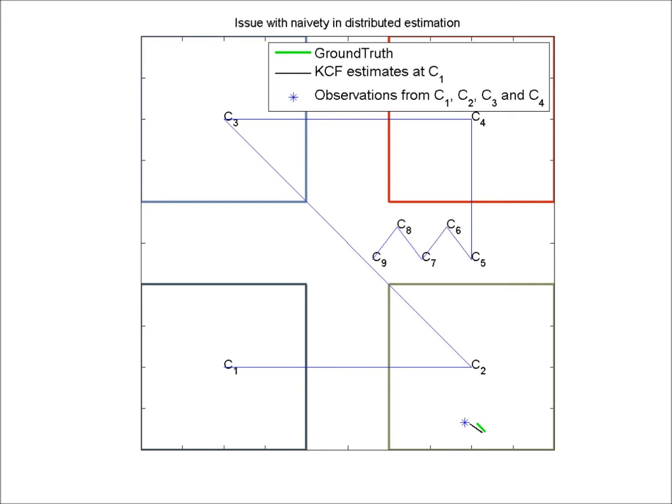Here, for simplicity, the field of view of only C1, C2, C3 and C4 are shown. The tracking results of C1 are also shown. At first, C2 observes the target and C1 gets information about the target from C2. Later we can see that C1 can neither observe the target, nor can it get information from its neighbor C2 as it is not seen by the neighbor itself. It is as if C1 becomes naive about the target. Another issue here is that the tracking results at each node are highly correlated with each other, and this correlation is not incorporated in the KCF framework.